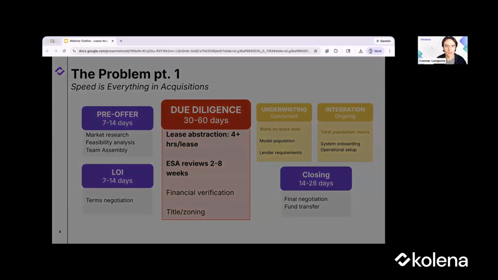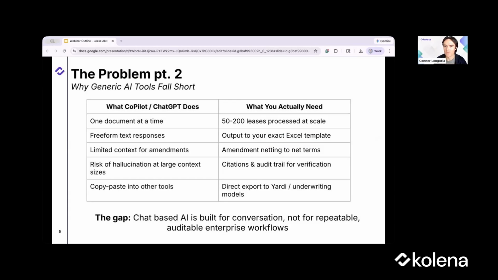Cool. Thanks, Mehrad. And then there's a second part of this problem, because the easiest solution is, well, if we